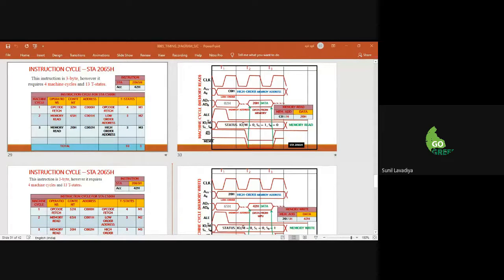You have to combine three diagrams. Don't make them separate. Make sure you combine three diagrams, or sorry, four diagrams, and draw on a single page. This practice is helpful during exam time also. If you practice this, then definitely it will be helpful for you. You will really get good marks. And it's a 7 mark question. If you draw it like this, you will get directly 7 marks. Definitely this kind of question will be in your exam, not this question, but this kind.